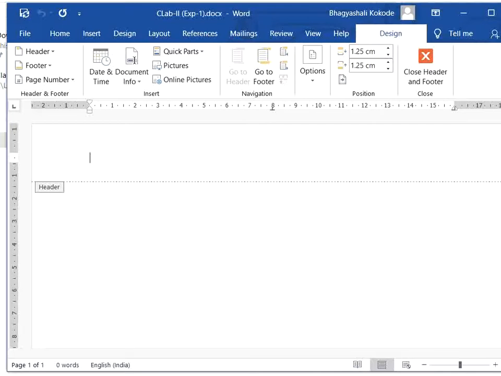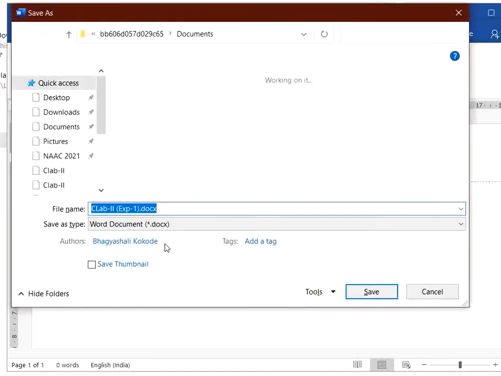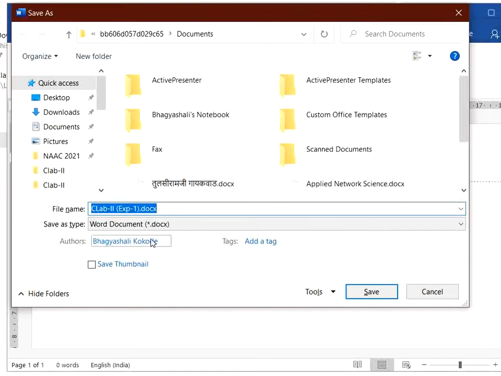Next, whenever I press F12, it opens the Save As dialog box. The F12 key is used for opening the Save As dialog box.